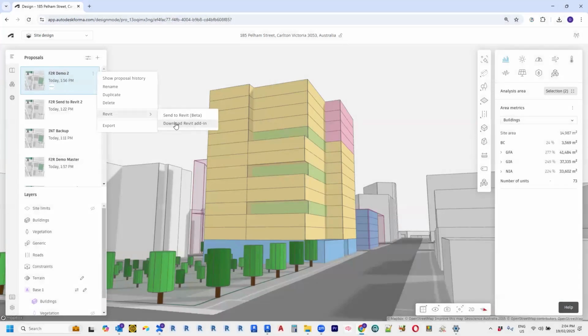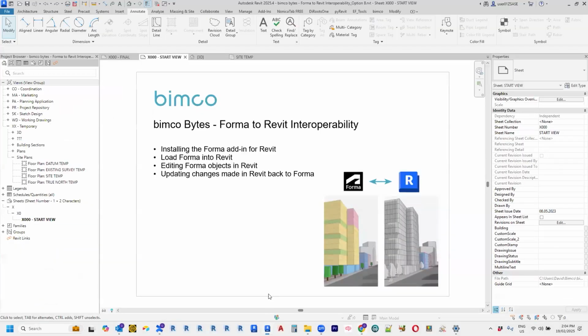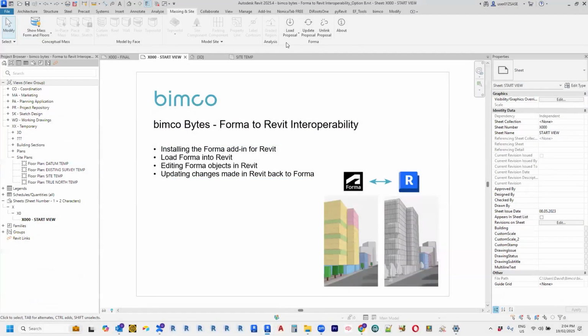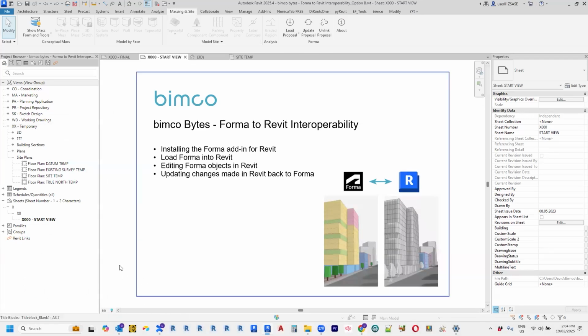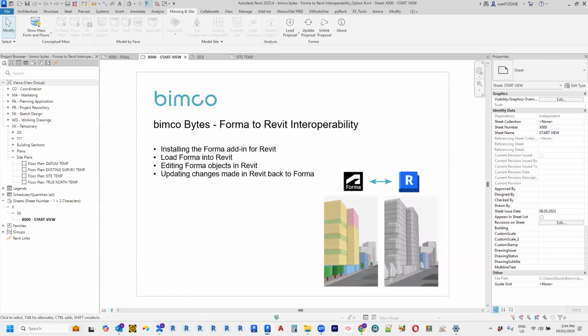So if you download that and then install it into Revit, when you open Revit, rather than in the add-ins button, you'll actually find this in the massing and site tab. So it'll come up and it'll look like this. So that's sort of the easiest way to get the Forma add-in. Okay, so looking back in Forma,